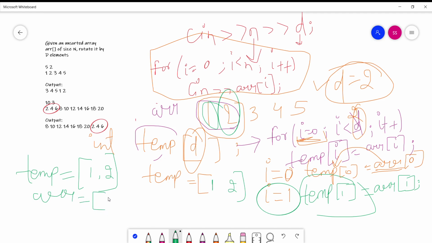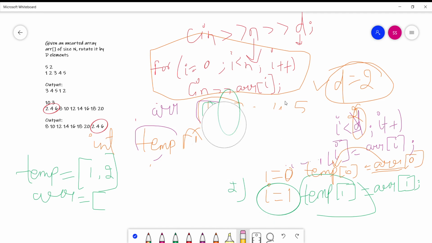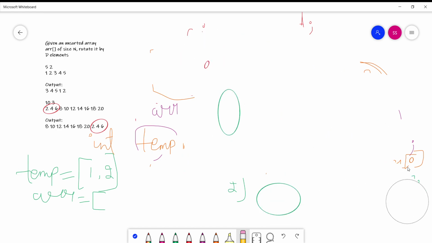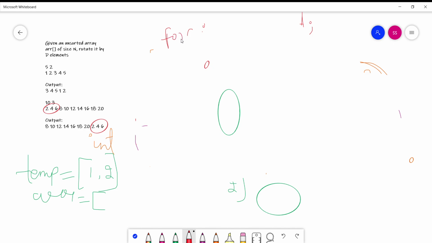Let me explain. Let me take a second for loop to understand this. Now I'm taking the second for loop for the array 1, 2, 3, 4 and 5.